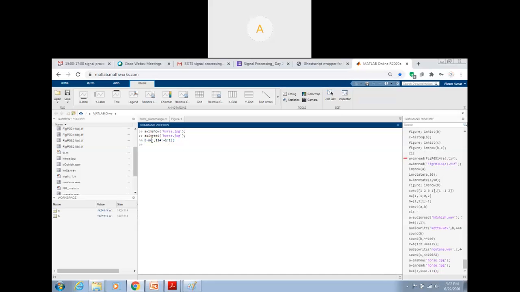Simply what I did is A of colon. This first colon tells that I have to copy all the rows as it is. Then I am coming to the columns. The total number of columns is 114. I am coming from the right side of the columns, starting at the last column, 114.